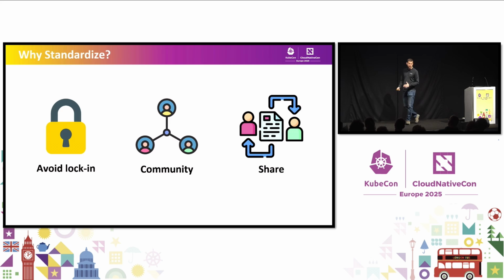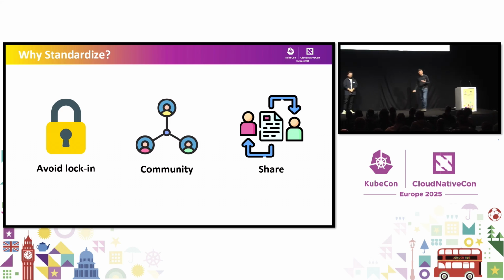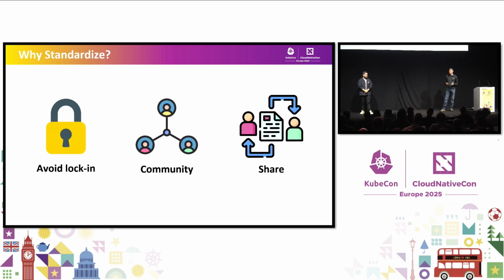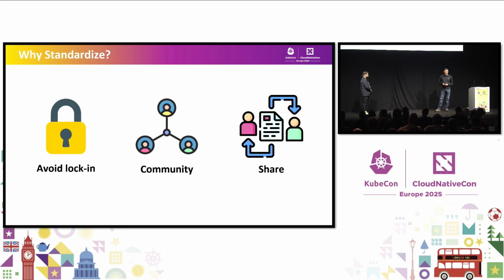Why would you even want to standardize though? One reason is to avoid vendor lock-in. You basically have references in your code all over the place, and it can be quite challenging to migrate depending on your business case. The other one is just building a community around this. I get the opportunity to work with Florin now because we're doing this all together. It's quite exciting to see how many people care about feature flags, and it's fun to learn other use cases and challenges people are running into. And then based on that community, we're building nice tooling that we can share with everyone,